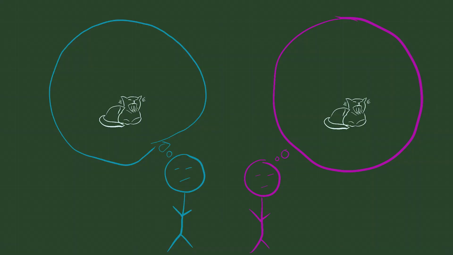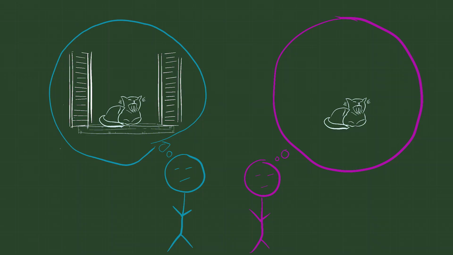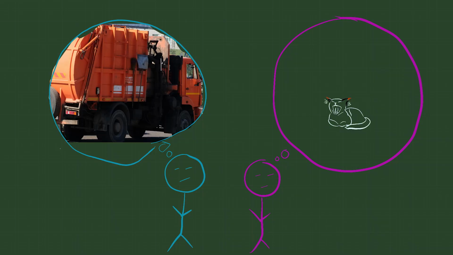So far, we've talked about simplifying just the visual information of a cat yawn, but real life obviously is way more complex. Two people might observe the same event, but selectively remember different things about it. For example, when we saw a cat yawn, there was a lot of extra contextual information, like the cat was actually in the window across the street, and it had black ears with orange tufts, and it was licking its paw, and it was oriented northeast, and a garbage truck drove by while we looked. And so you can think of all these other facts as features in a high-dimensional space. Even though we both observe the same things, our brain is going to simplify and flatten all this extra information and pick and choose what to focus on.